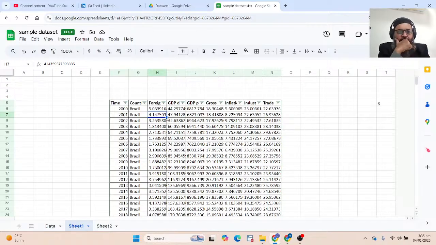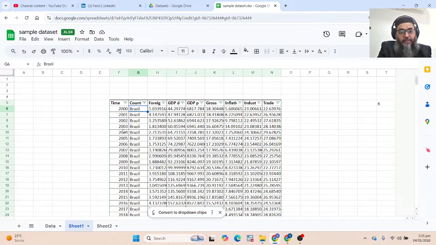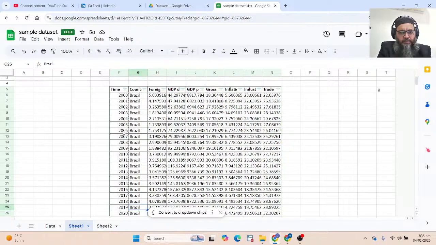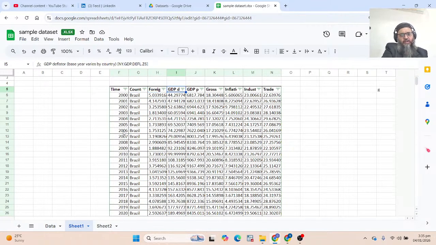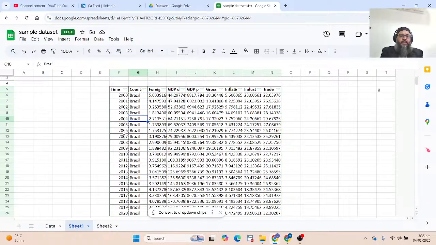Which data is qualitative? Like this country name. Can we quantify this country name? We can quantify foreign direct investment, GDP deflator, GDP per capita, but is there a way we can quantify the country name? If we cannot quantify it directly, it means it's qualitative data.